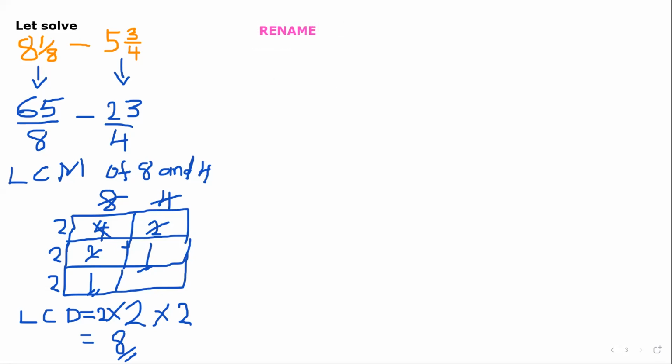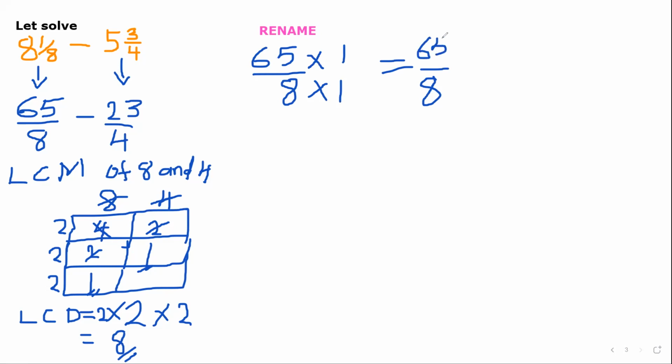So you take the fractions one after the other. The first one is what? Which is 65 over 8. You want the denominator to be 8. The 8 was multiplied by 1 to get this 8. The same 1 must be used to multiply the numerator. And here will be 65, okay? So when you rename 65 over 8 and you want the denominator to be 8, you'll still get the 65